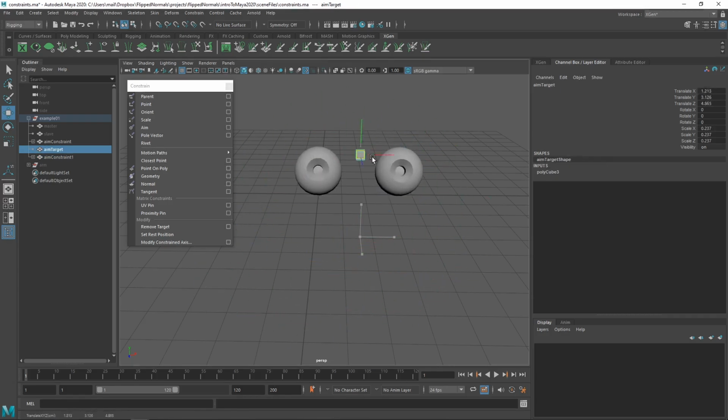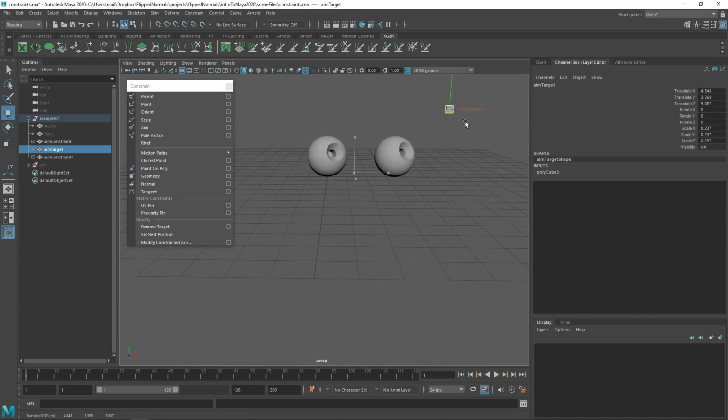This is incredibly handy for all sorts of things. This is not just used for eyes, though it is always used for eyes. But you can use this for, let's say it's a sentry gun, which is targeting the player in a game, whatever it might be. It's a light which follows a character along. This is used for all sorts of things, and this is a really awesome one. It's also one of the most fun ones just to play around with, because now you can just make the